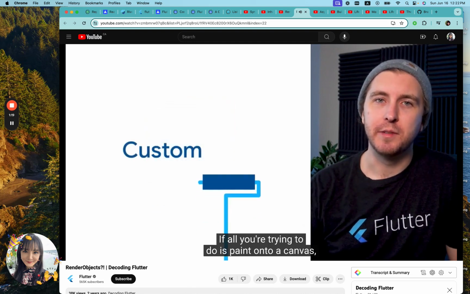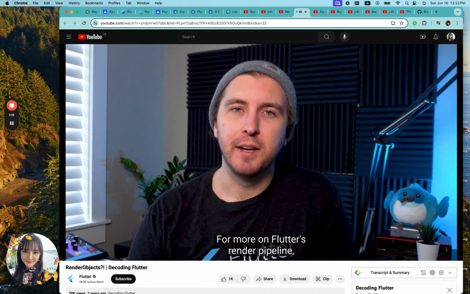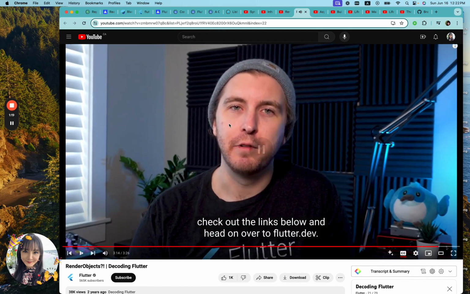If all you're trying to do is paint onto a canvas, try the CustomPaint widget. For more on Flutter's render pipeline, check out the links below and head on over to